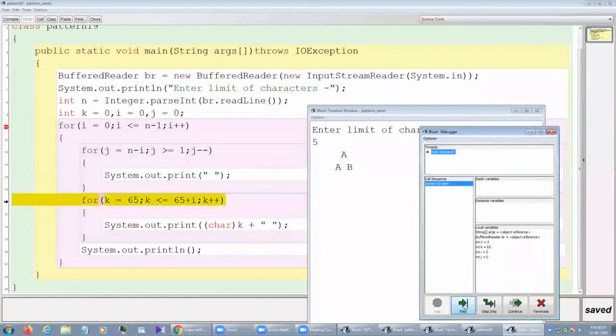First time it will print A. For 66 typecasting it will print B. And now it will print C, ABC.